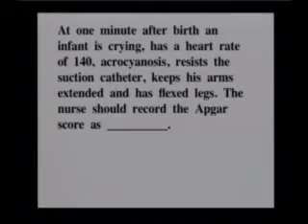At 1 minute after birth, an infant is crying, has a heart rate of 140, acrocyanosis, resists the suction catheter, keeps his arms extended, and has flexed legs. So the nurse should record the Apgar score as. So now let's take a look at that. Crying, so that's 2 points. Heart rate of 140, 2 points. Acrocyanosis, 1 point. Resists the suction catheter, 2 points. And arms extended but flexed legs, 1 point. So this baby's Apgar score is